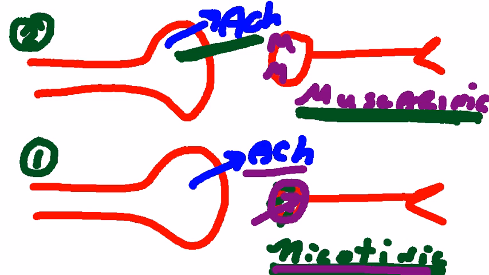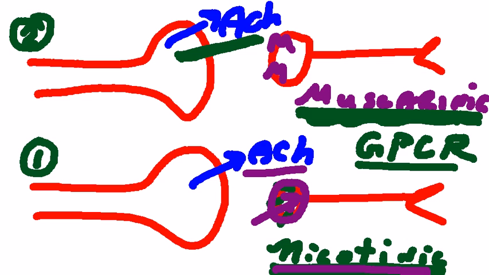It's actually a G protein coupled receptor. And of course, when you activate a G protein coupled receptor, you're going to activate a whole cascade of metabolic changes within the postsynaptic cell, which is completely different from the electrical current that you activated when you stimulated the nicotinic receptors. So let's zoom out for a second and do a little bit of classification of autonomic nervous system